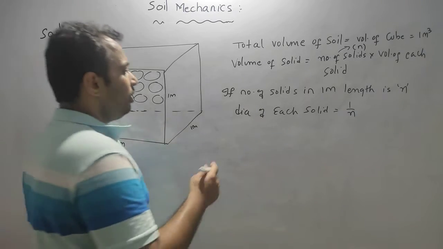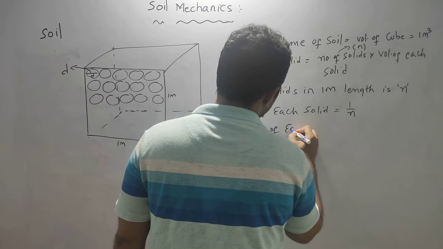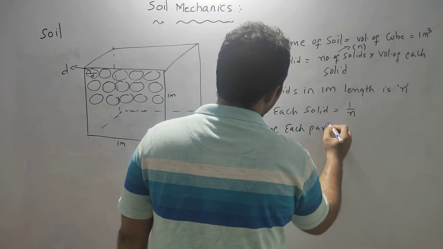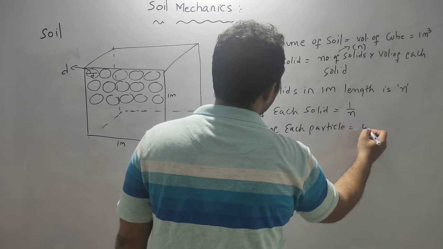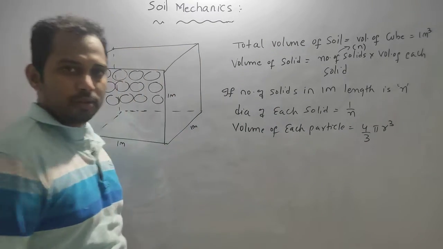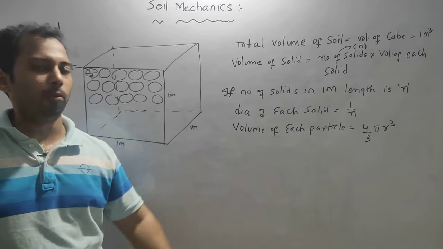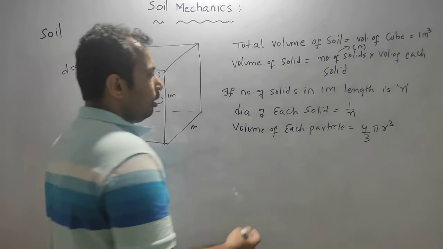Now, the volume of each particle is equal to 4/3 π r³. So I am assuming them as spheres. Now, for a sphere, this is the volume. So each particle's volume will be